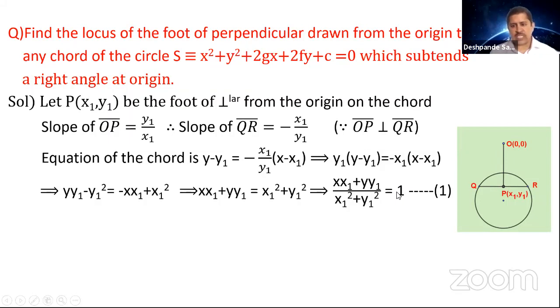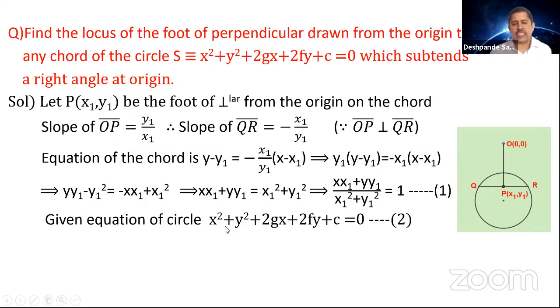Now, which equation has to be homogenized? This equation. So you are going to convert the circle equation into a homogeneous equation. So you take circle equation x square plus y square plus 2gx plus 2fy plus c is equal to 0. Right? So how do you homogenize it here? You are going to have the same degree every time. So you put a 1 here, put a 1 here. Here you're going to put 1 square. Same thing I wrote here, x square plus y square.